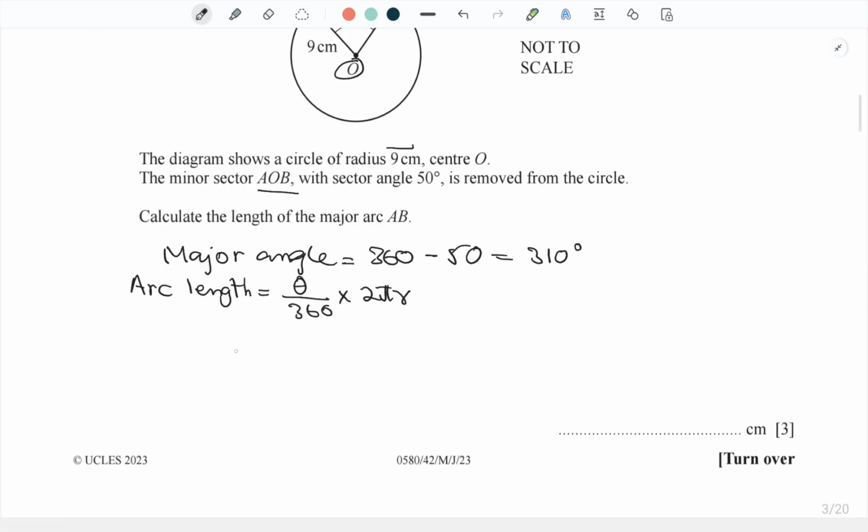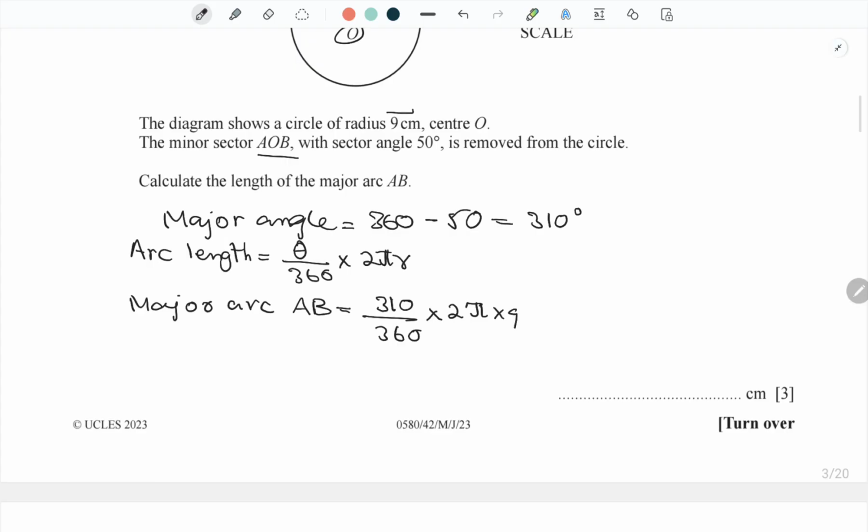We just substitute these values here. So major arc AB equals, instead of theta we write 310 over 360 times 2 times pi, and then times 9, right? Because the radius is 9, it is given. Now we simplify this one, so it's easy. 0 and 0 cancel down, so we have 310 over, sorry, 31 over 36,